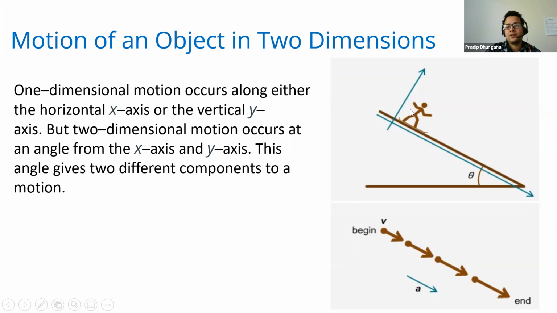Here you can see that that person is skateboarding at an angle of theta to the horizontal. You can see that one. To describe the motion of that person, we have to find the x as well as y component of force or velocity that plays a role in that system. Okay, you can think in that way.